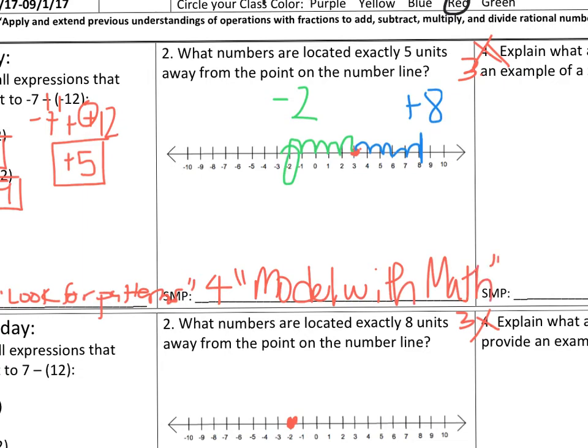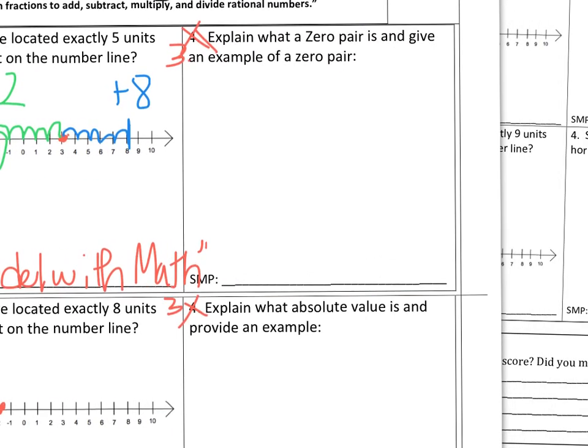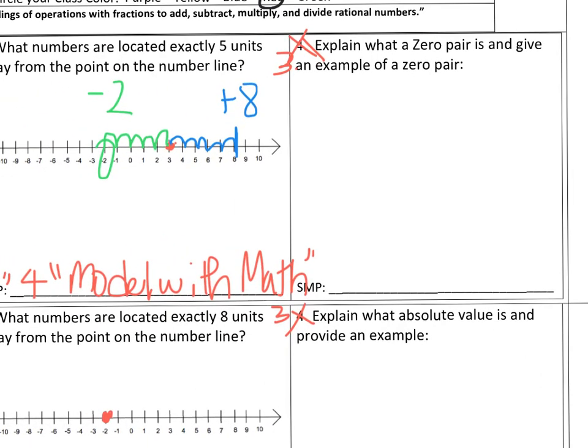All right, let's go to number 3. It says, explain what a zero pair is and give an example of a zero pair. If you're sitting close to the number system vocabulary words, you'll be able to see an example of a zero pair fairly easily. So what I want you to do is give an example. So let's say our example of a zero pair is negative 5 plus 5. Negative 5 plus 5 equals 0. So here you would explain a zero pair